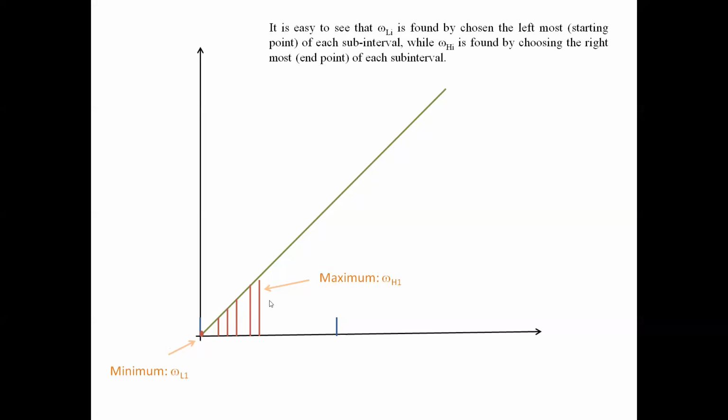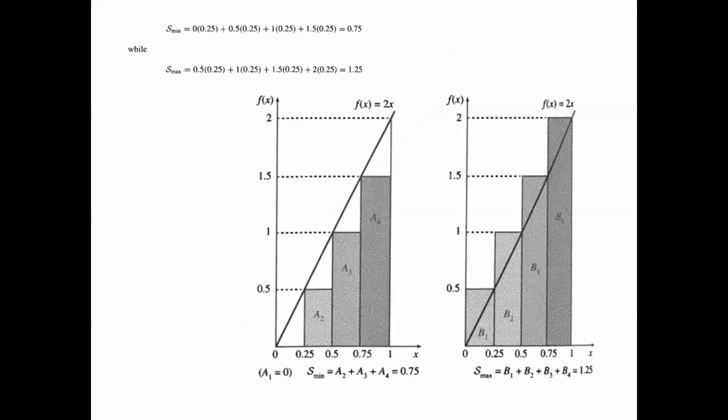On the other hand, if you want to choose the omega H, which maximizes the Riemann sum, then we choose the omega such that it is equal to the right hand boundary. So that means if your subinterval is from x(i-1) to x(i), omega L is equal to x(i-1), omega H is x(i). So you can see an illustration given over here.